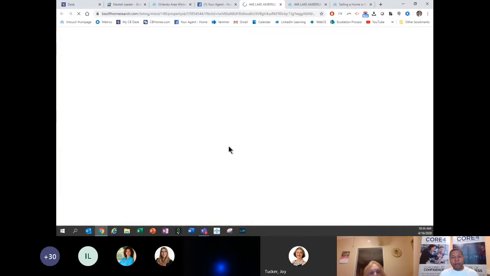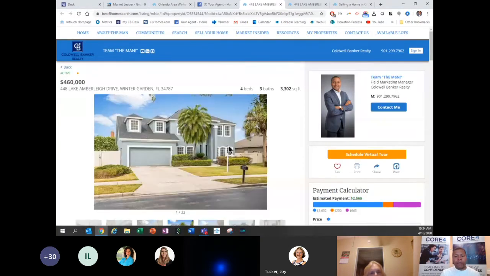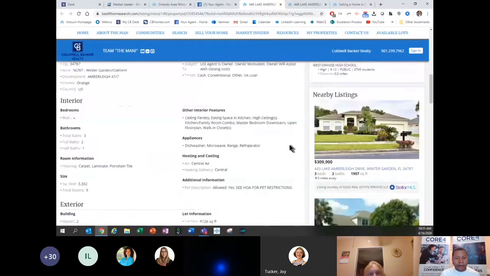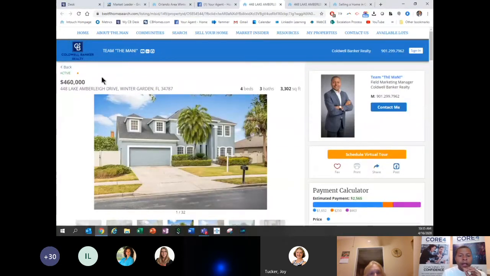Click on it, and it's going to take me back to my website, back to this particular property where the consumer can schedule a virtual tour, or they can contact you, or they can look at all of these other features, okay? However, in order for InTouch to capture them as a lead, they would have to view another property. So they can see this property all day long, but in most cases, if you're on your website at home, you probably got this wall that popped up, okay? That is InTouch's lead generating wall. It's trying to capture people as a